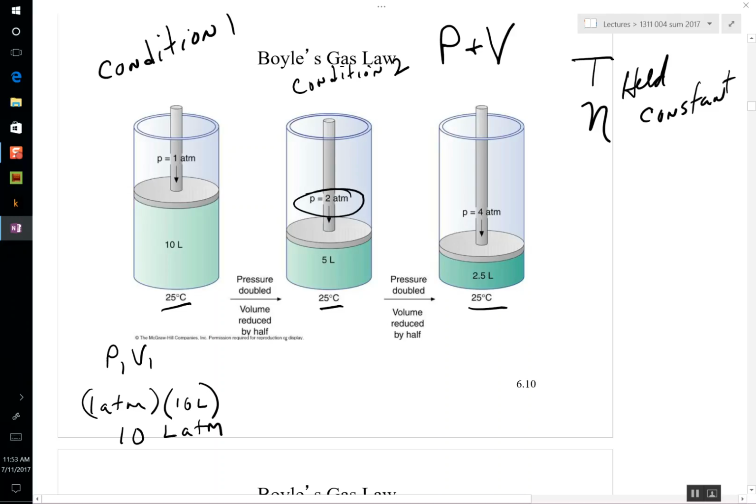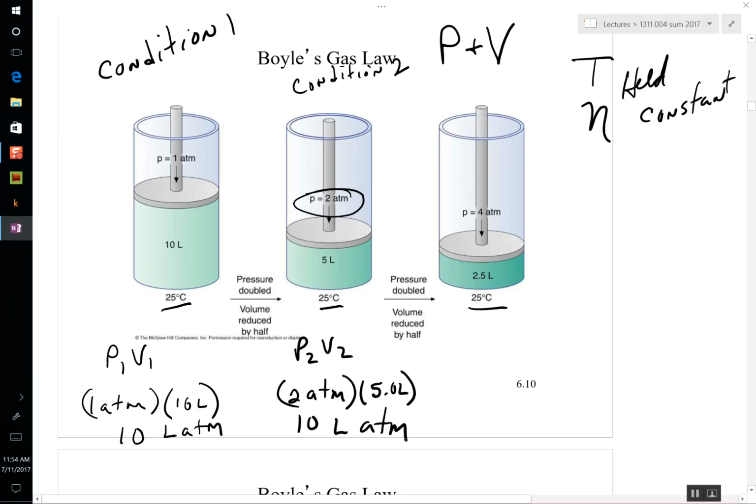He doubles the pressure. What is P2 times V2? 2 atmospheres. And see, the volume decreased. The pressure doubled, the volume halved. It went down by a factor of 2. But look at it, it's still 10 liter